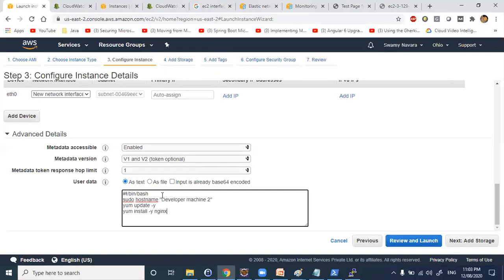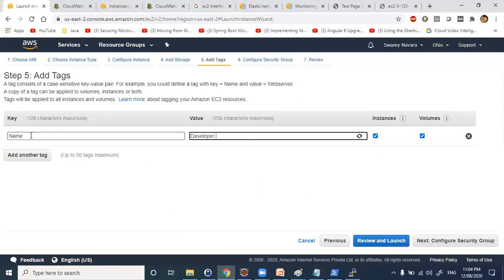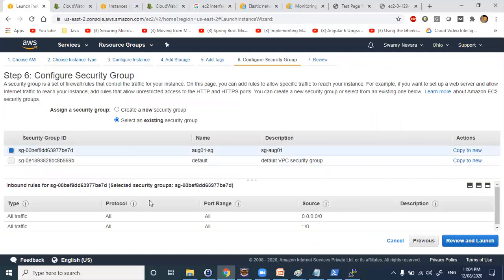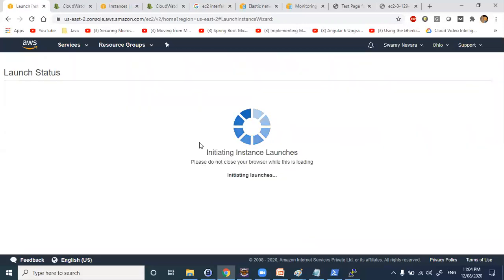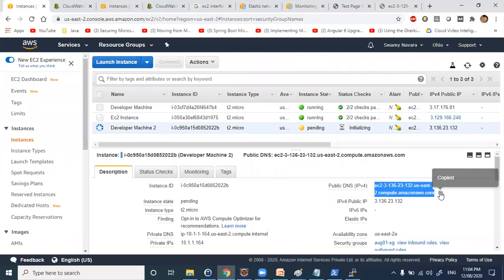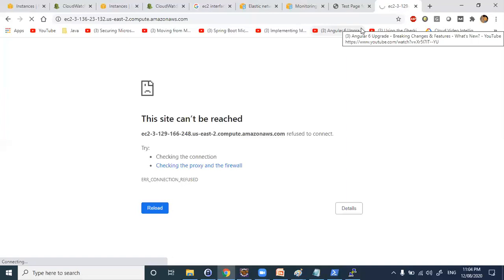Image. Okay. So this is the IP address. So it should pick up Nginx server.